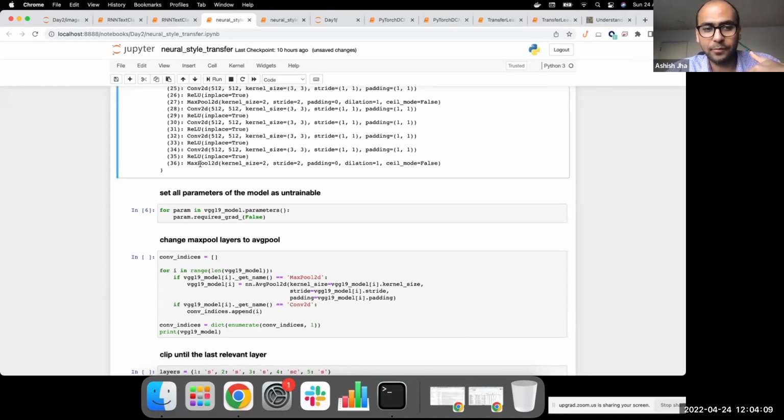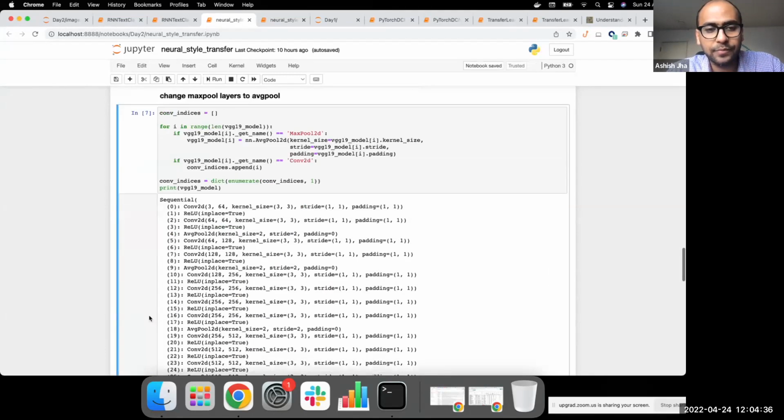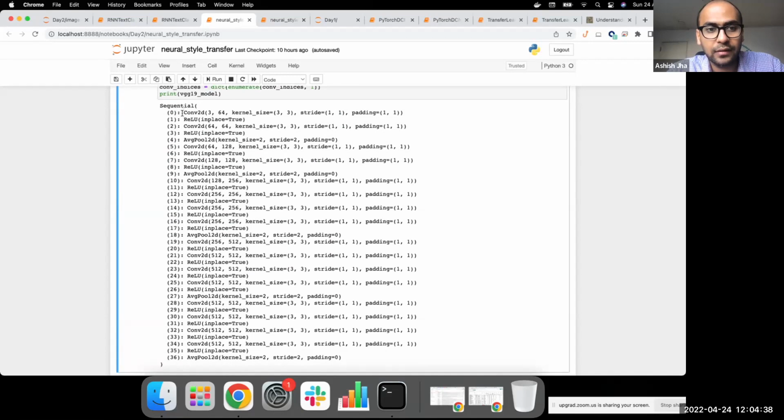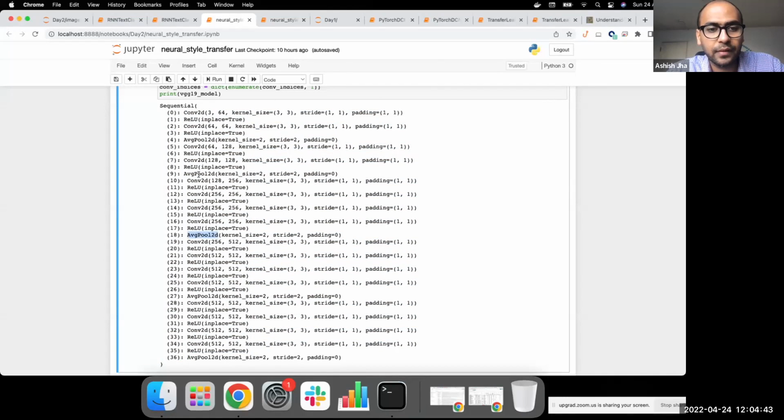So we replace max pool with average pool, because average pool takes these 4 pixels and does not choose the one which is the maximum. It takes the average of these 4. So it becomes very easy to backpropagate gradients, because the gradient is now linear, because the mean function is a linear function of the inputs, as opposed to max, which is not a linear function of the inputs. So we replace the max pooling with the average pooling layer, and you will notice that now in this 16 convolutional layer model, we only have average pooling everywhere.